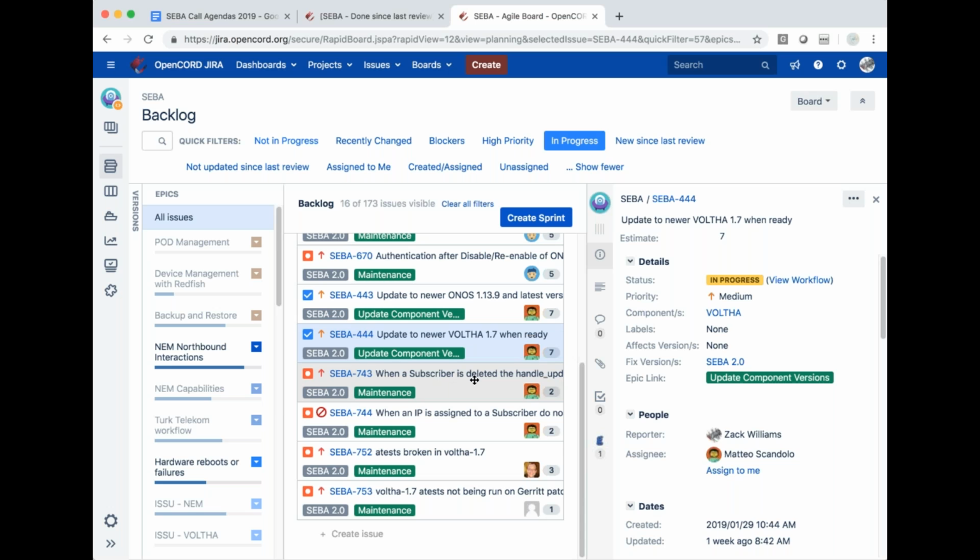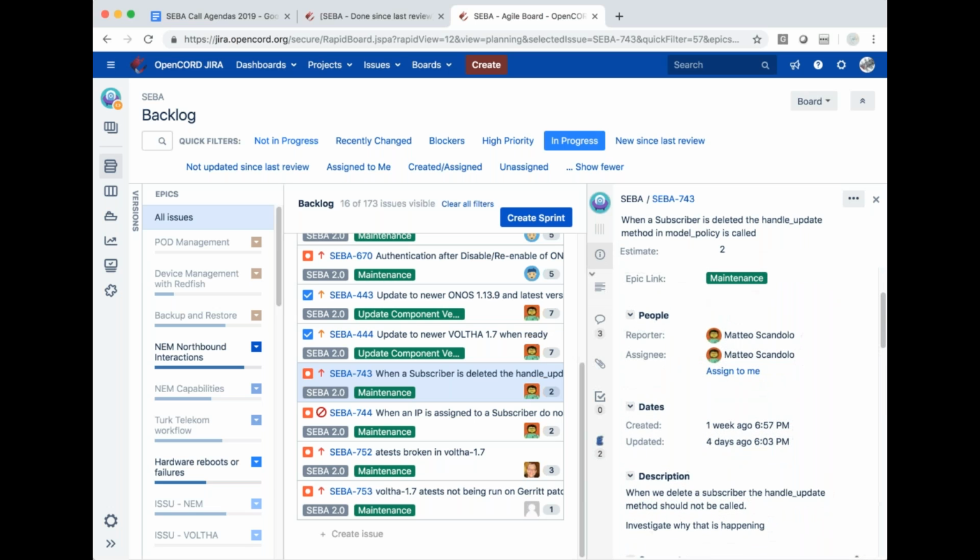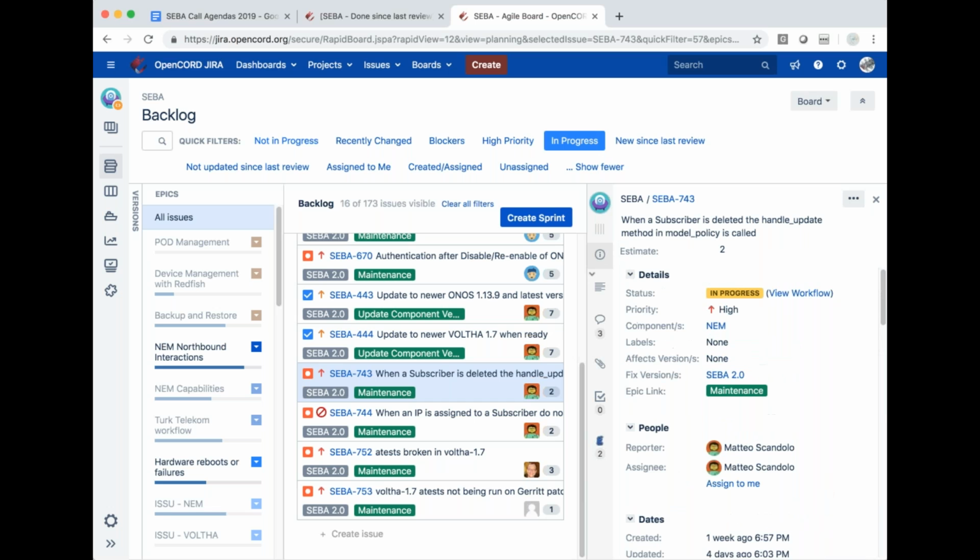Okay, thanks, Matteo. The next item was 743, when subscribers are deleted, the handle update method in model policy is called. So this is something that we saw a couple times on one of the development pods. I spent an entire day last Friday trying to replicate it.